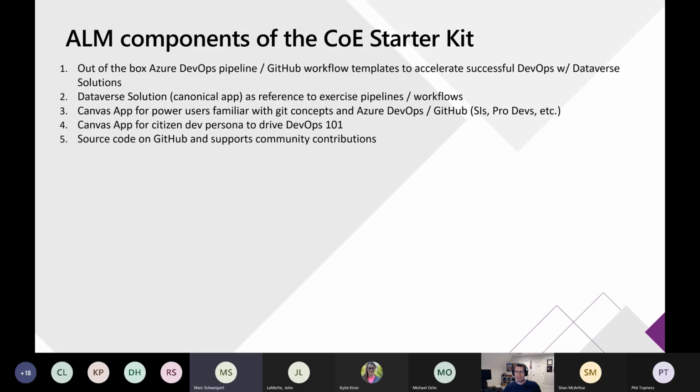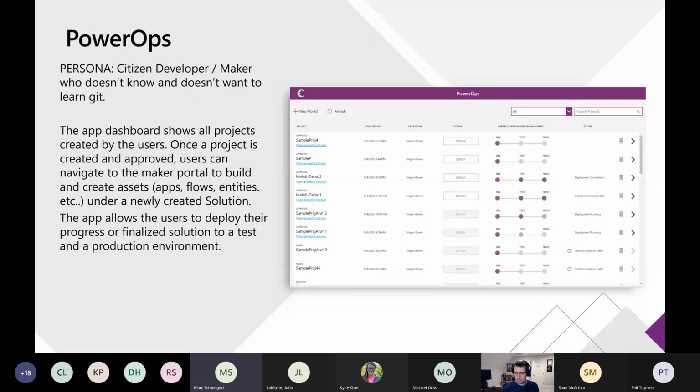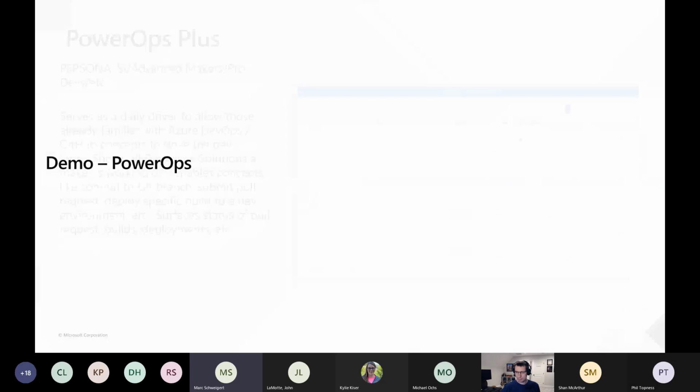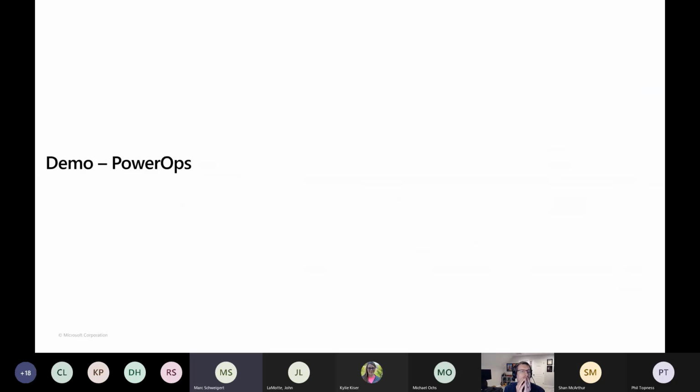And then ultimately, we're going to take everything that we've built and we're going to share it with the community through GitHub. And so, Phil, if you can just kind of, actually, I'll talk to that at the end. So if you can just fast forward to the demo slide for Mike, and Mike, if you want to jump into the Power Ops stuff, just in the interest of time. And so back up one. So one more. Sorry, one more.